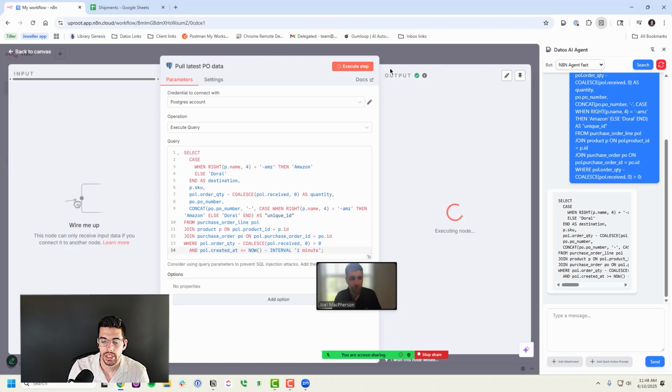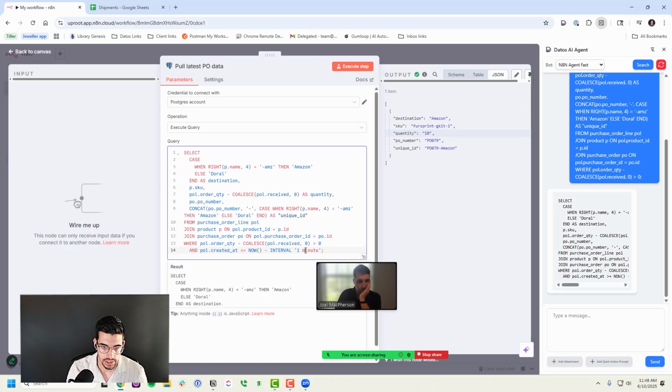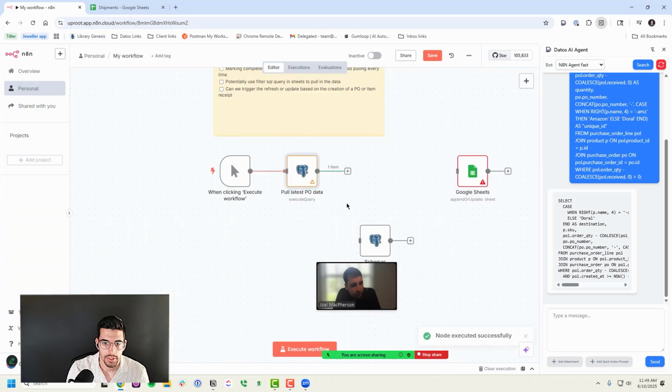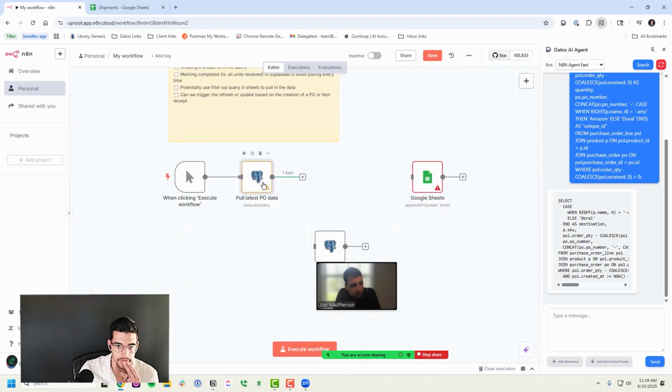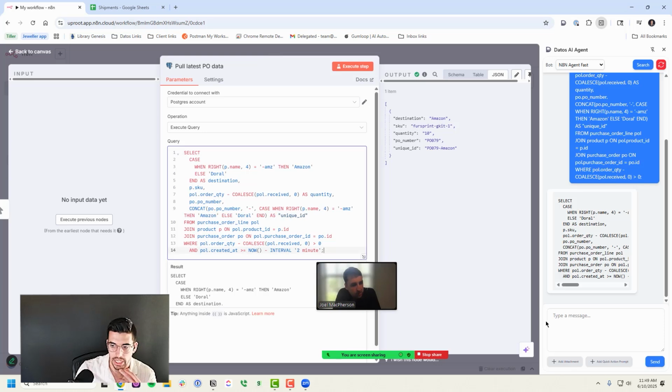Okay, so I'm going to check this. Sweet, I only got the one record for Sprint Gkit. Yep. 10 quantity. Sweet. Okay, so that's working. I'm going to make this a 3-minute. So we've got pull latest PO data. So this is created at, but we also need to check updated at. So add,